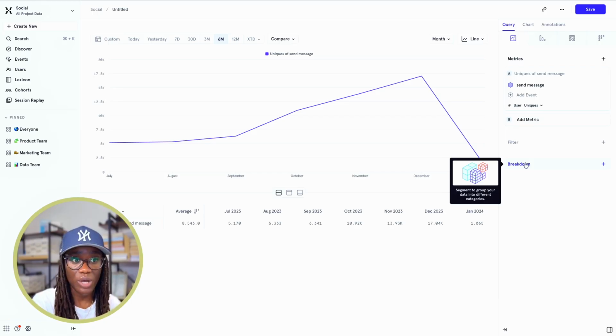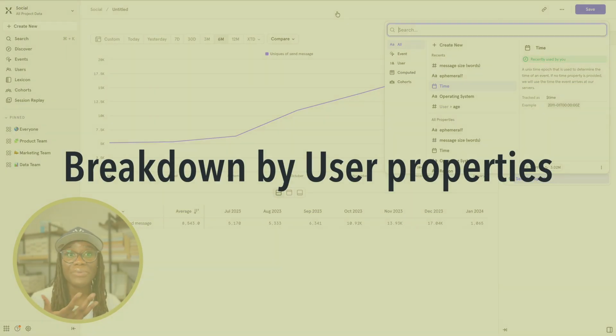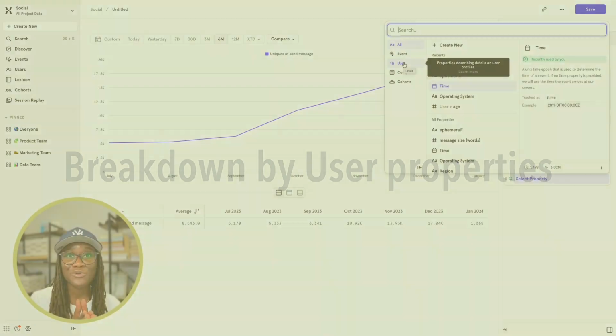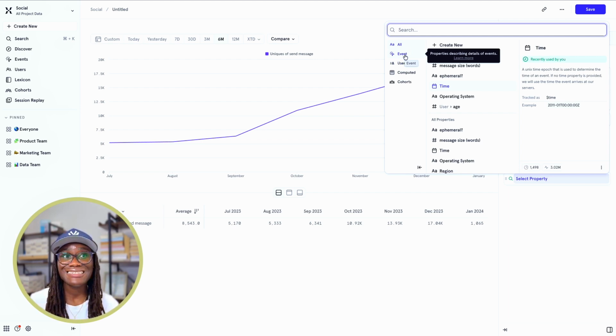and properties as well. The first capability within the breakdown that I'll be showing us is how to break down this event based on user property. We also know so far that user properties are properties that define user profiles. They most often do not change because they are properties of users. But event properties are the properties that define details of the event as when it was fired. So most likely event properties fired by the same user could differ depending on when or where the event was